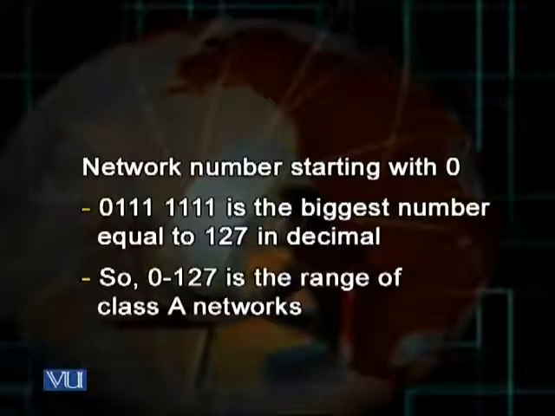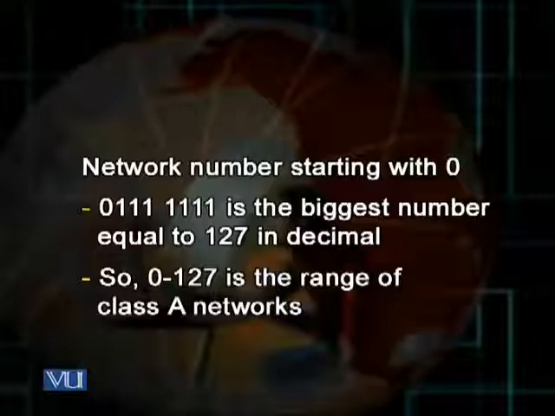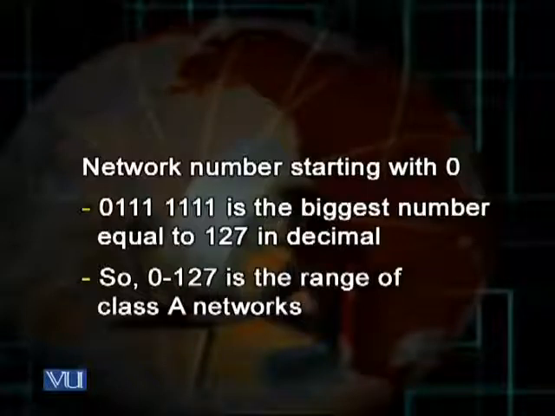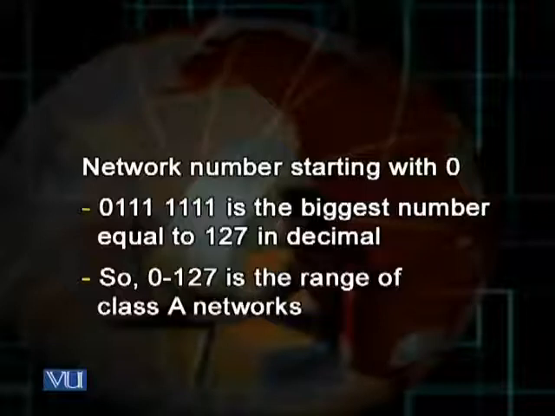Please notice that in the second byte, if I keep playing with the numbers, there are 2 raised to power 8, or in other words 256 different possibilities or combinations of zeros and ones which I can draw from this second byte, and at the same time I can keep constant the numbers in byte number 3 and 4. So from byte number 2 alone, I can extract 2 raised to power 8 or 256 different